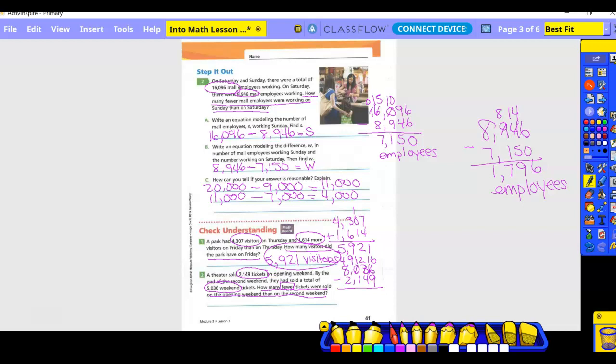So like I told you before, you can go ahead and get it all set up so you can just work across, or you can go one at a time. Okay, I prefer to get it all set up so I can just go ahead and get my answer. All right, 16 minus 9 is 7. 12 minus 4 is 8. 9 minus 1 is 8. 4 minus 2 is 2. So my answer is, hold on one second. Okay, so what we found was how many tickets they sold